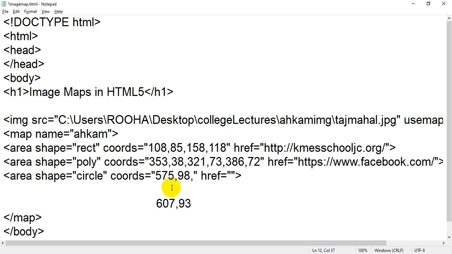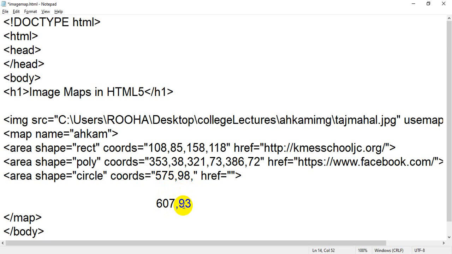You can subtract, you can see. Delete is not a correct word. You can subtract the value: 607 minus 575. 607 means you have to subtract the value from x minus x or y minus y.